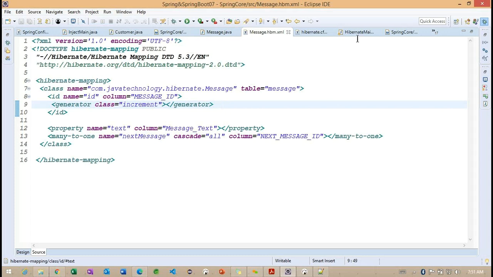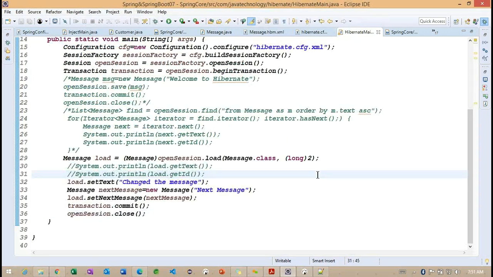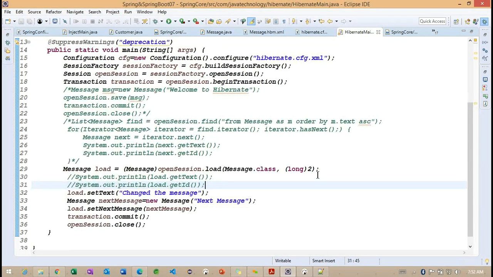We followed the same thing, but it is not working. Open session and load message.